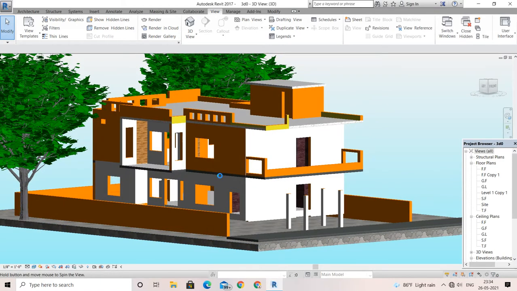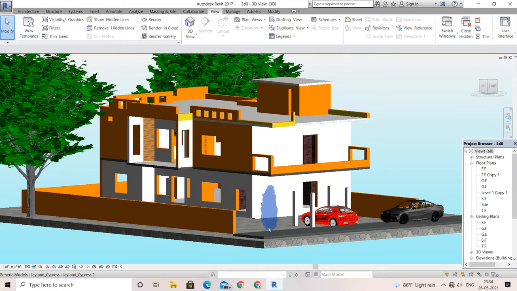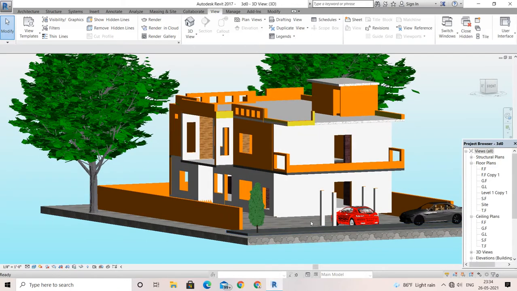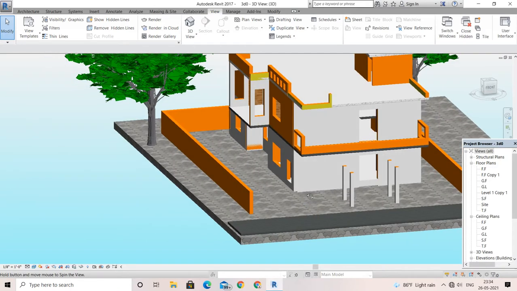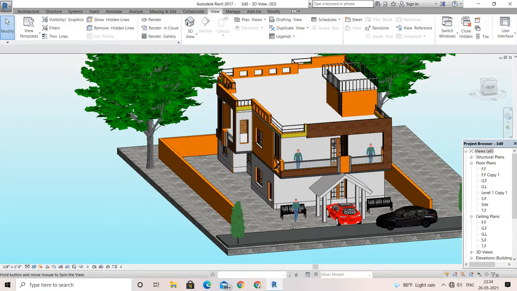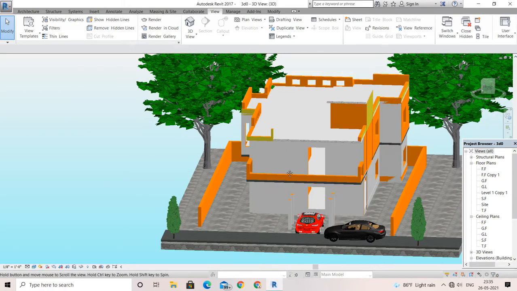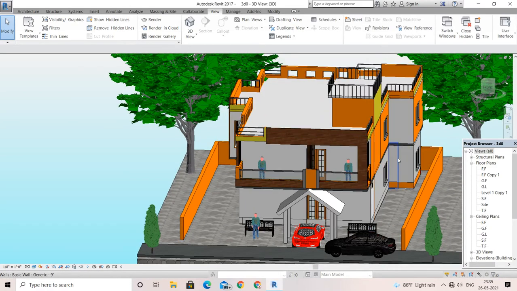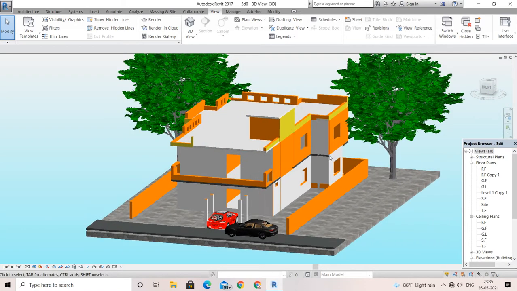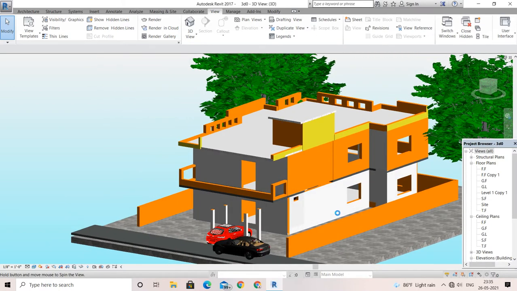But in this tutorial I am showing you some exterior 3D modeling. I have done some texturing here, and I have placed some interiors as well as some vehicles, and these are some of the roads. But a lot of work is still pending, so this is just for your point of view. Here some of the railings are there. If I show you all the side views, you may understand how I did it. This tutorial will really help you.